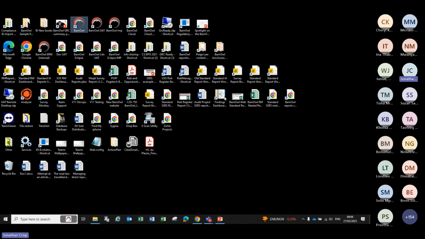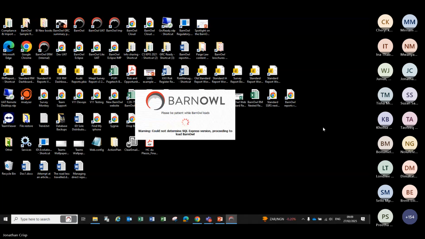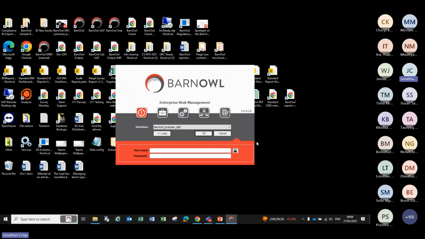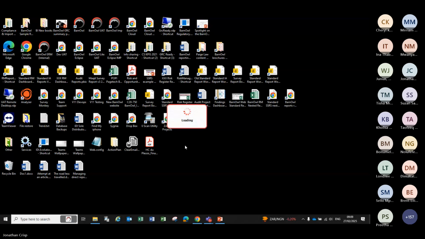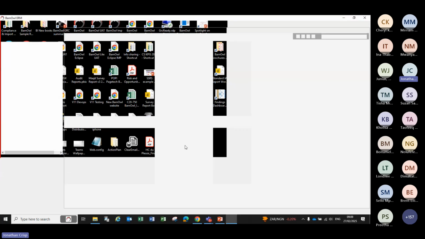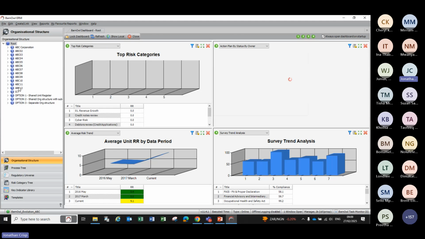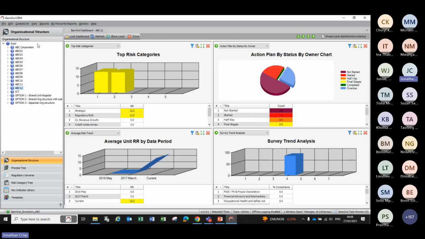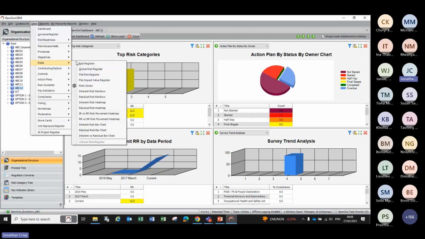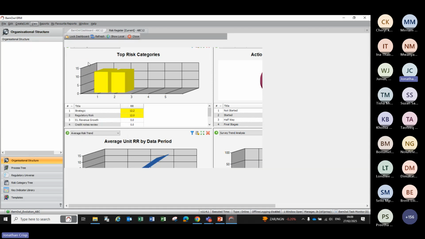I am using this database. Hopefully you can see my screen. It looks like you can. So I'm going into the desktop version, and I'm going onto the online database. I've just set up a dummy unit here called ABC12. Just to give you a quick idea of what's in the existing risk register there,